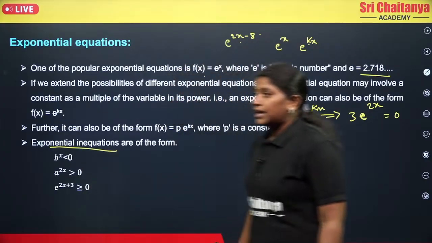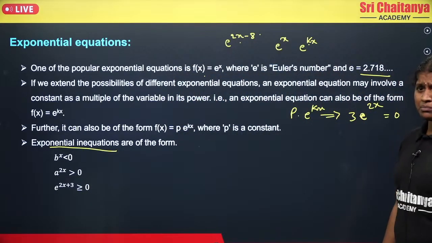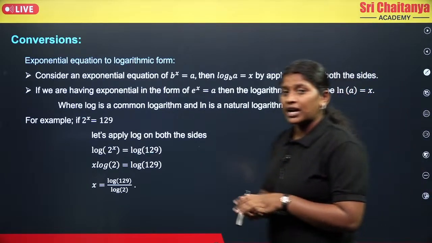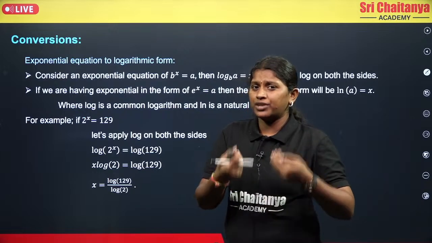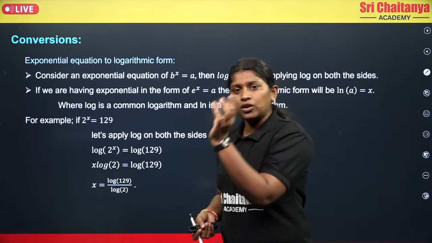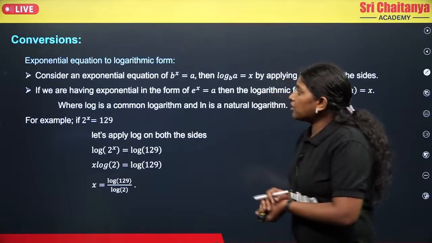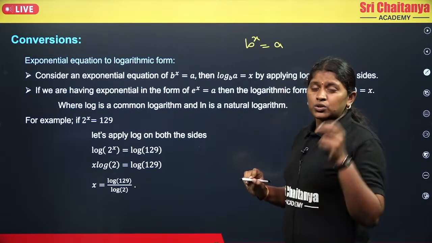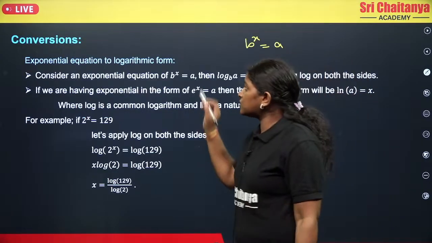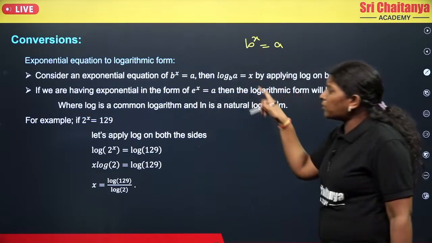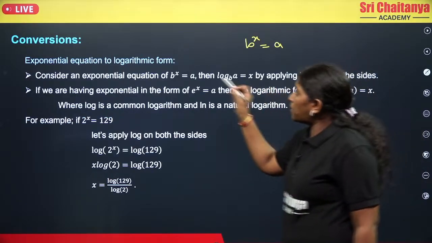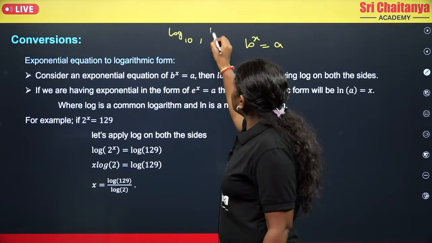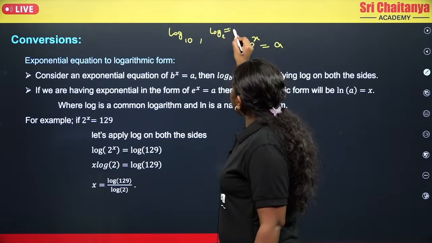Okay. Now let's solve the first basic problem, but before solving that, let's discuss how we can convert an exponential equation with the help of e into a logarithm, what it will become. So now if you observe clearly, I have b to the power x equals a. Here we have two types of logarithm. One is the common log and another one is the natural log. Common log means we have the logarithm to the base 10, whereas natural log means we have log to the base e, and